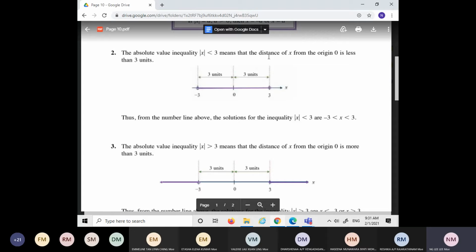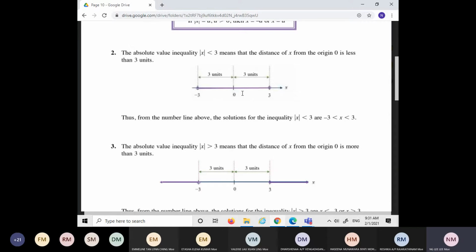the distance. Okay, continue. The distance of x from the origin 0 is less than 3 units. Because of this sign, smaller than, less than 3 units. So where can you take x, so that the distance from the 0 is less than 3